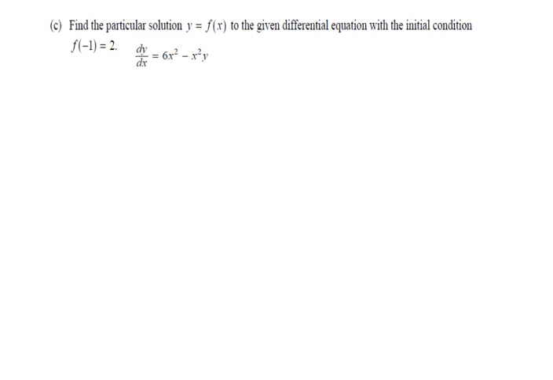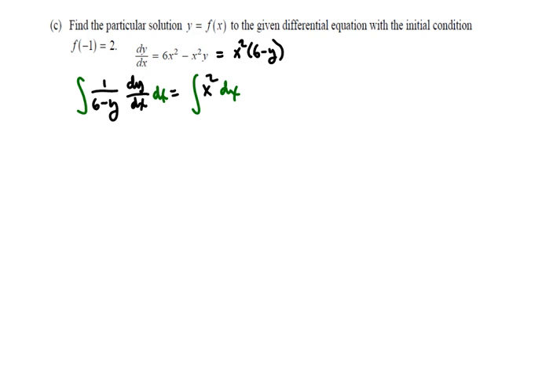All right, in part C, we want to algebraically find the particular solution to the differential equation given the initial condition of negative 1 comma 2. So we factor out a 6 minus y, divide through by 6 minus y. I'm sorry, factor out an x squared and divide through by 6 minus y. Then we're going to integrate both sides with respect to x